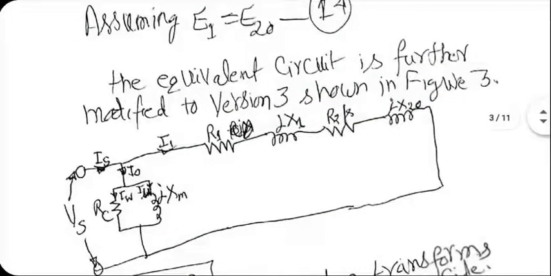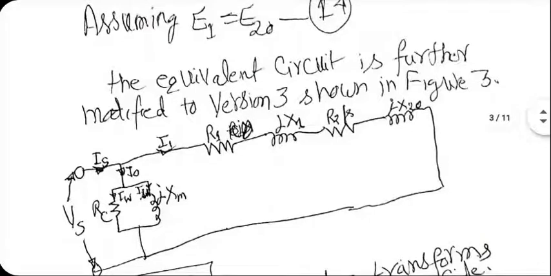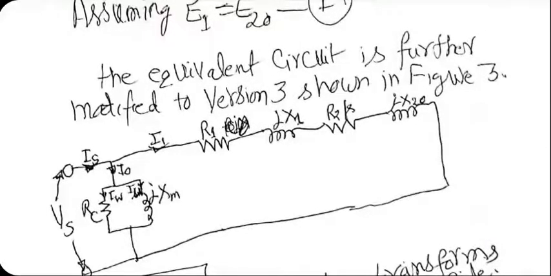So what has happened is R2 upon S and JX2 naught both have come on the stator side, and because turns ratio has been assumed to be 1, so turns ratio square is also 1. So I'm getting exactly the same values transferred from rotor to stator side. So equivalent circuit can be further modified in this form. So everything is being referred to on the stator side. Rotor effects have been transformed to the stator side.